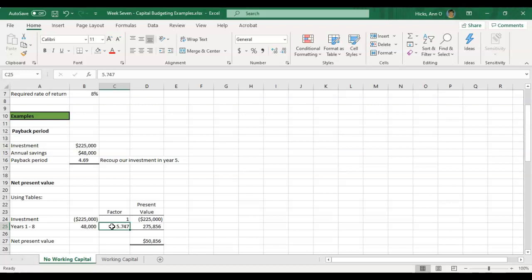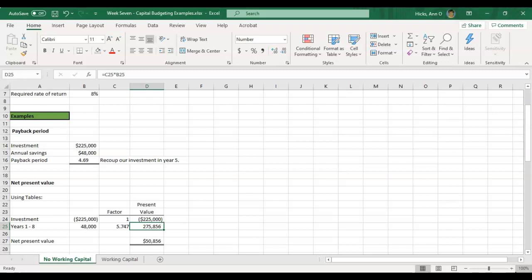And I'm going to find the factor, just refreshing your memory on how this works, that intersects with the period of time, in this case 8, and the interest rate, in this case also 8. So if we find the 8% across the top and the 8 periods down the side, we find a factor of 5.747, which I have entered into this cell. The present value then is calculated merely by taking the annuity of $48,000 times the 5.747 factor, and that gives me